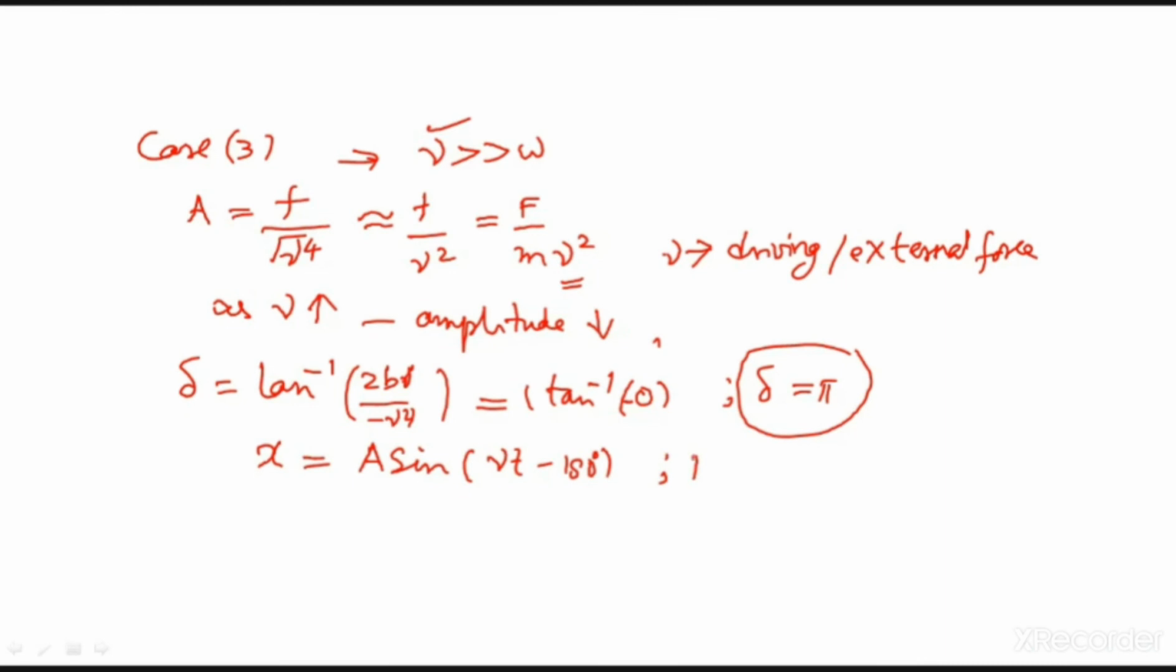And F we already have, that is periodic sine mu t. Here x and force lag by 180 degree. Okay, they lag by 180 degree. Is that clear? So if you understood,